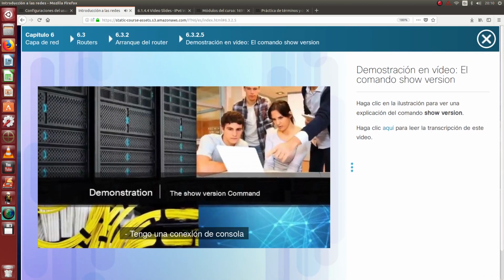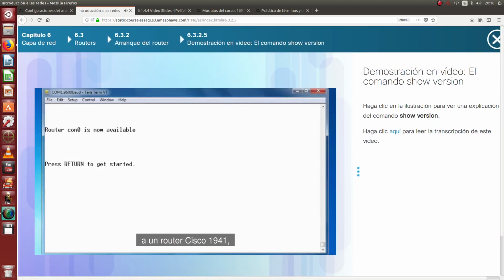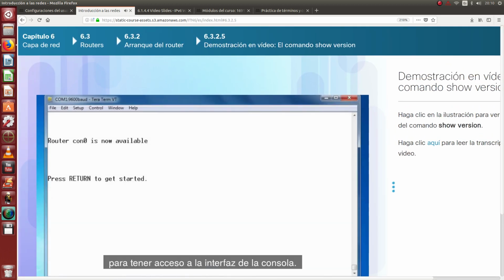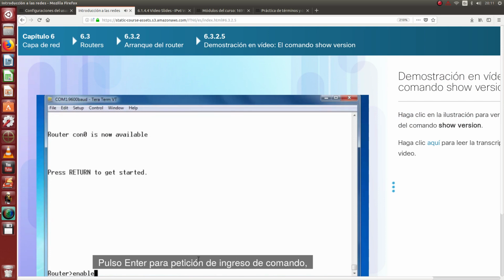I have a console connection to a Cisco 1941 router, and I'm using the Tera Term terminal emulation program to get to the console command line interface. Let's go into the router and issue a show version command to see information about this particular router. I'll press enter to get to the command prompt, type enable to get to privileged exec mode, and then issue